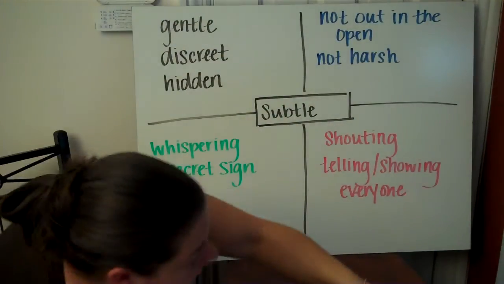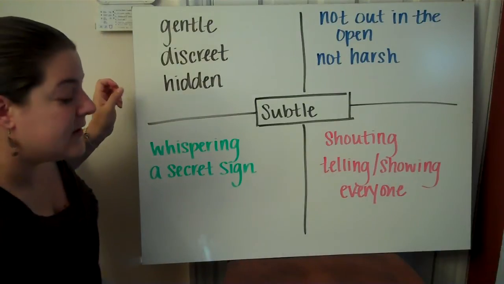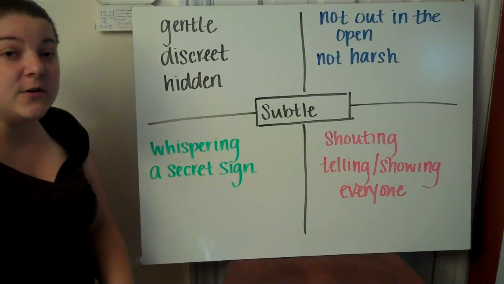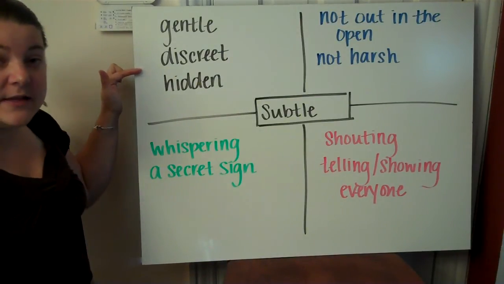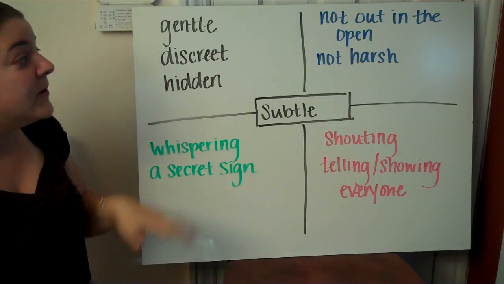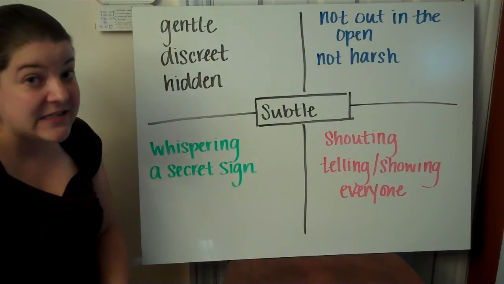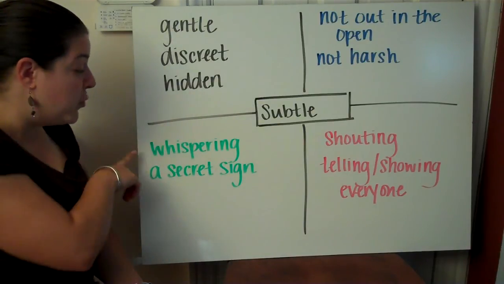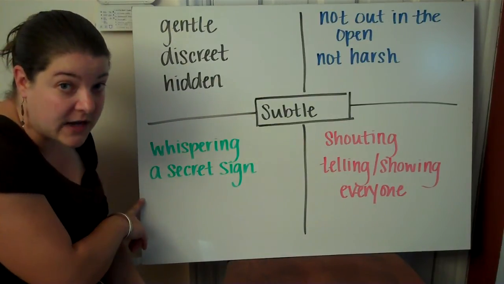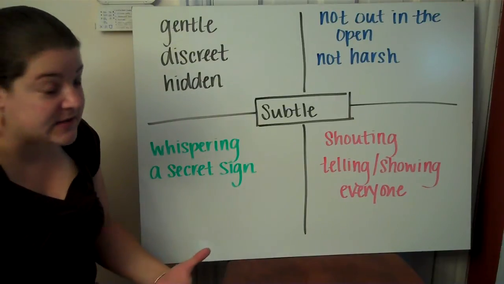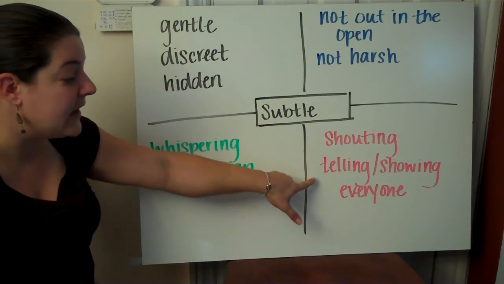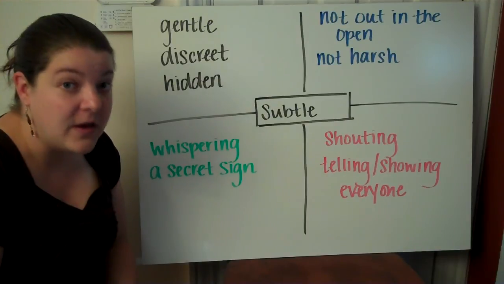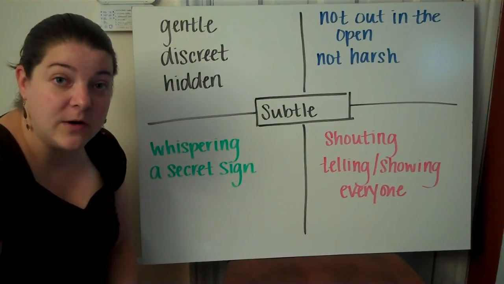And our last word of the week is subtle. Subtle is gentle, discreet, and hidden. So, it's not out in the open, and it's not harsh. So, an example of subtle would be whispering or having a secret sign with someone. Not subtle things would be shouting or telling and showing everyone. Okay, that's our Week 9 word list,